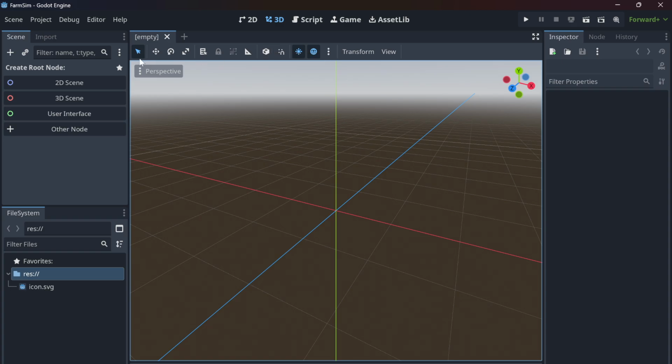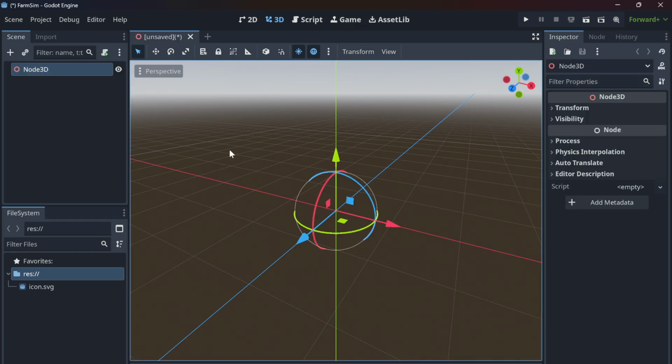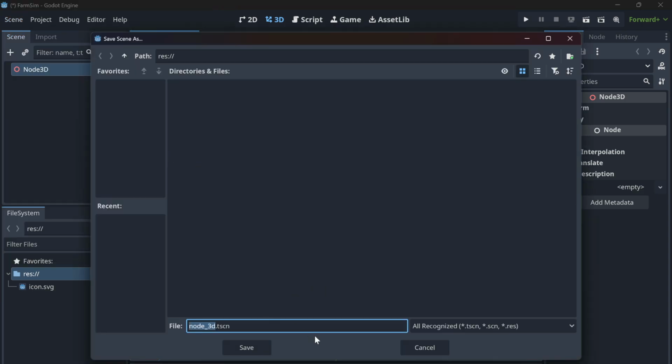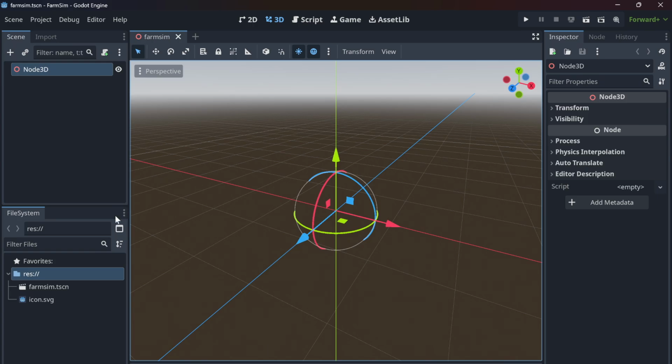What's this? Okay, I've got a node. Right, let me just save this. Save scene as. Okay, farm sim. Right, so